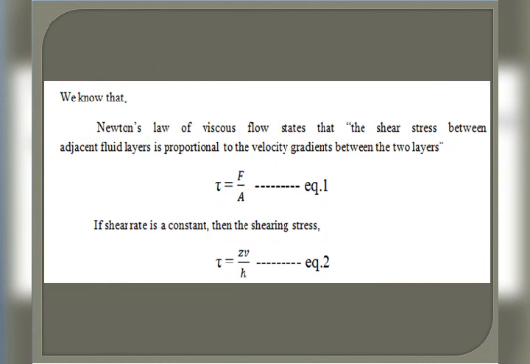P is the bearing pressure. It is defined as the ratio of load to projected area. That projected area is L into D. And h is the minimum film thickness, or thickness of the lubricant. In this case we assume that the thickness of the lubricant is uniform throughout the circumference. The reason is that we have taken the condition that the shaft, that is the journal, and the bearing are both concentric.